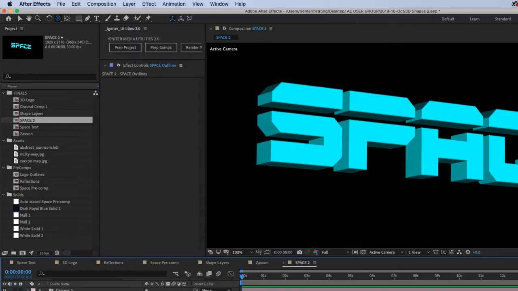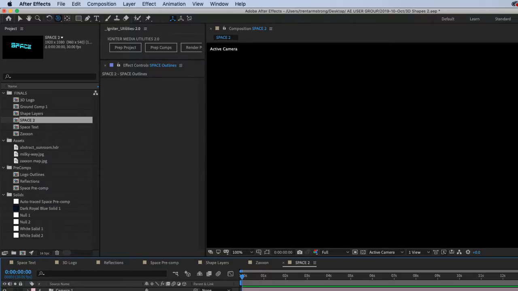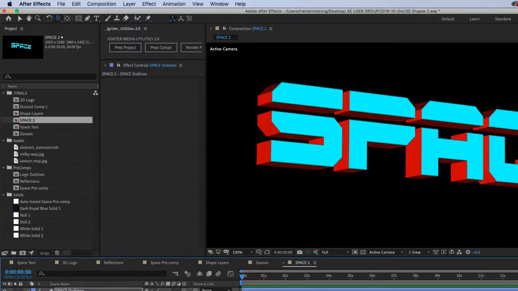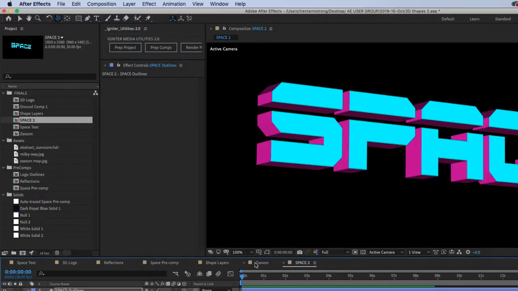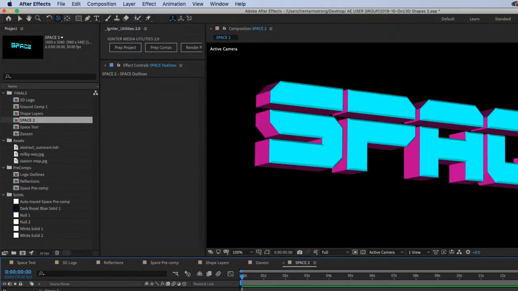Why did that not work? There we go. So my fill was outside here, and therefore it was filling the entire thing. Let's get back to my favorite little pink color there. And I think we need a bevel, a little bigger bevel, and we'll make it blue, maybe.